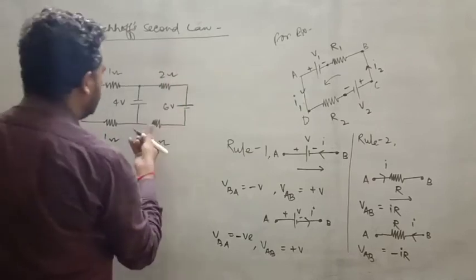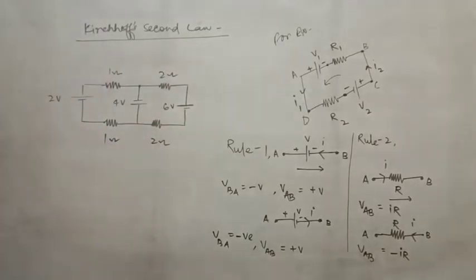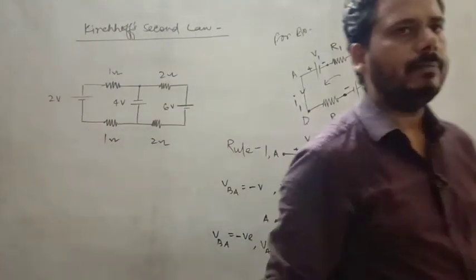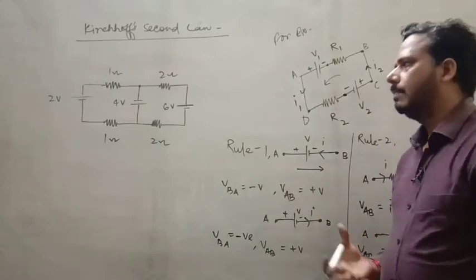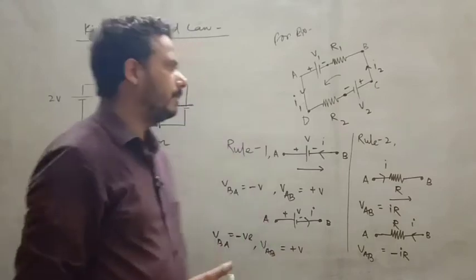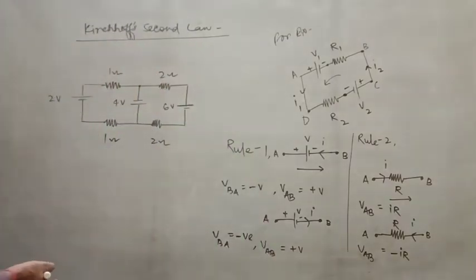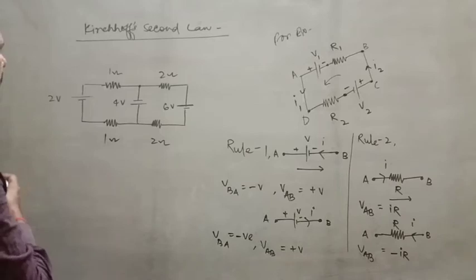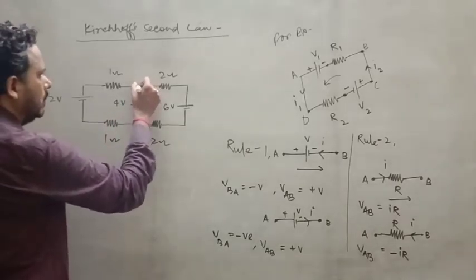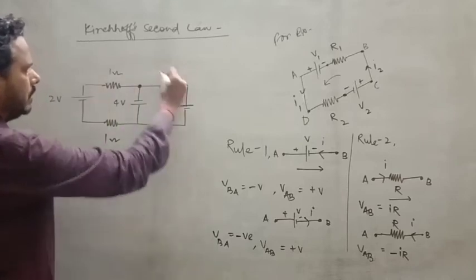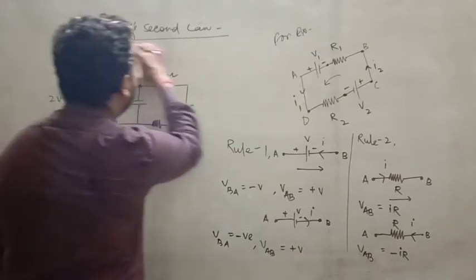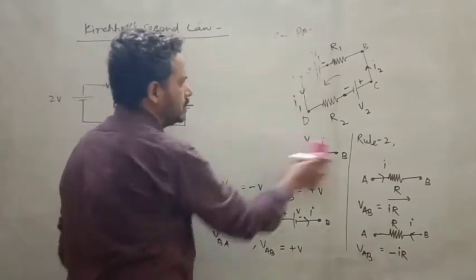So this is a very simple circuit, and we have to find the current in the circuit, because we have the magnitudes of resistors and potentials. Simply what you have to see, first of all, you need to choose this node, because to solve this question you have to apply both of the laws. So here you have to apply both of the laws. So how can you implement it?